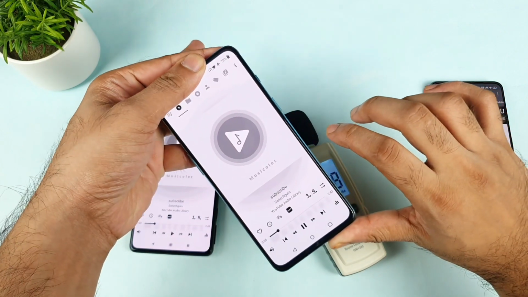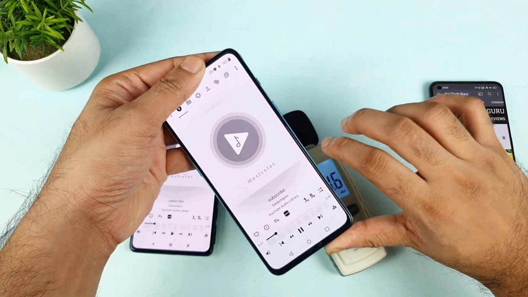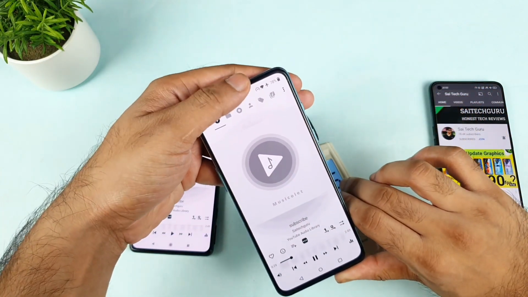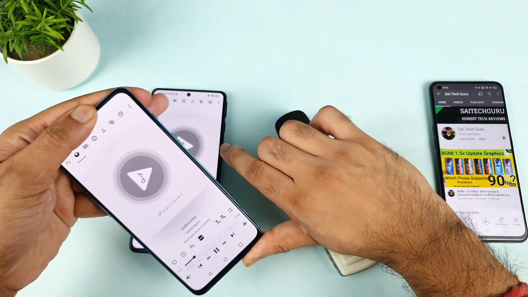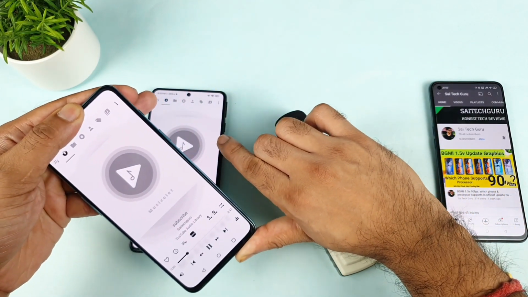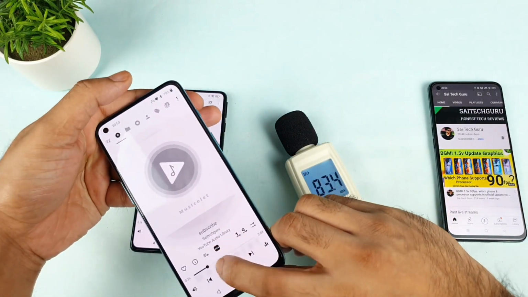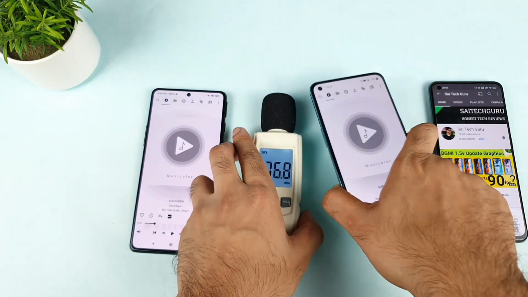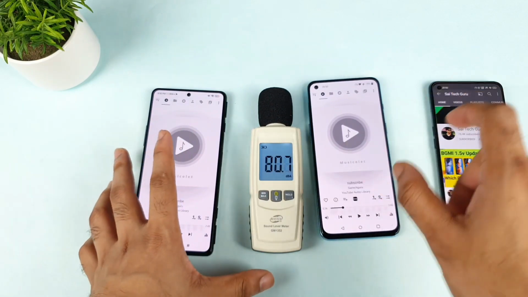As you can see, friends, how much audio got blocked in this OnePlus Nord 2 if I try to block this earpiece exactly, but it's not happening in the Poco F3 GT. If I try to block, the audio is not getting blocked. Maybe the audio is getting leaked, or maybe the audio is coming from some other ports. So that's a quick, in-depth comparison, friends.